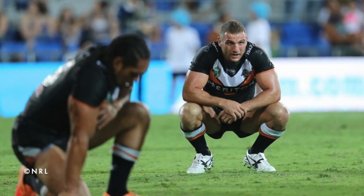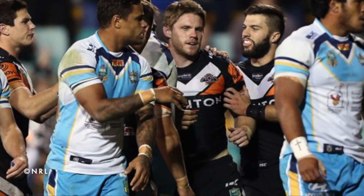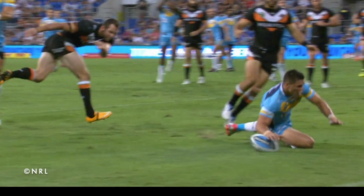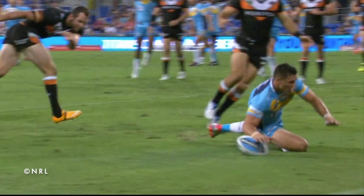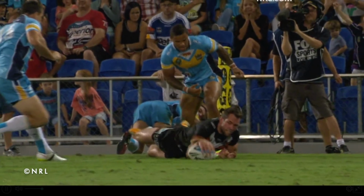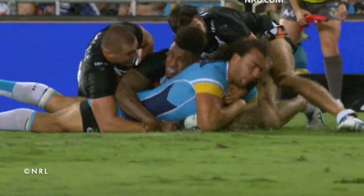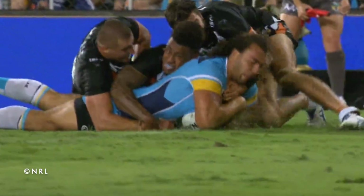Number 12, the Titans versus the Tigers in 2015. After a disappointing campaign for both teams in 2014, the Titans and the Tigers were looking to start 2015 on the front foot. The Titans showed signs of that early as James Roberts crossed over to score, but the Tigers would reply with a try of their own after Ryan James got sin binned for saving a try in an offside position. James would make up for the mistake with a try just before the break to give the Titans